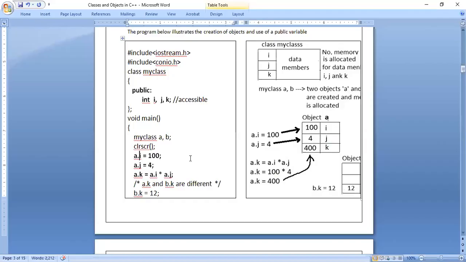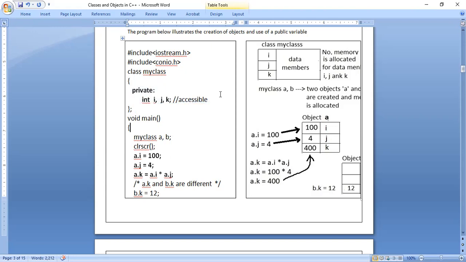After declaration of an object, the next thing we can do is use these variables in the main function. Why? Because these variables are declared in the public section. If I declare these variables in the private section, we will get an error at these lines, because private means security. You cannot use them outside the given boundary. The given boundary is the starting and ending of the class. So if you use the access specifier private, we are creating a boundary for the variables, which means we cannot use them outside the class.